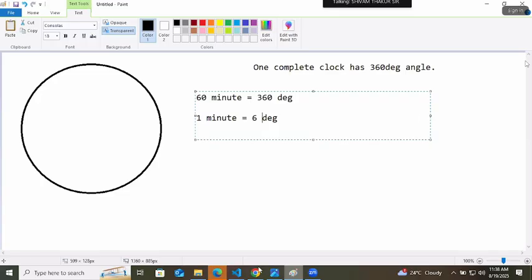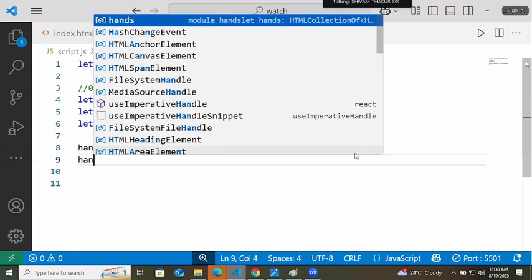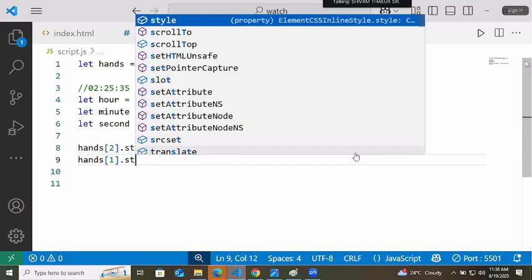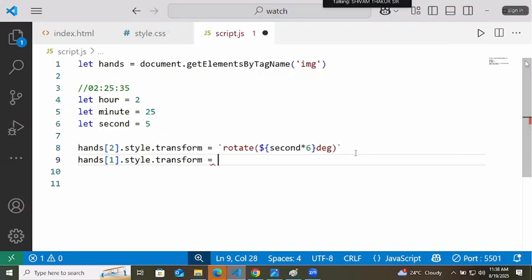Yes. So we can try to write like this also. After rotating the second hand, I will write hands with the indexing 1 style. It will get transform and it will be getting rotate dollar curly brackets minute multiply by 6 degree.